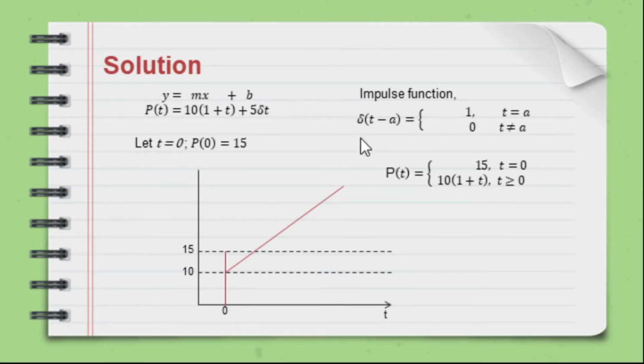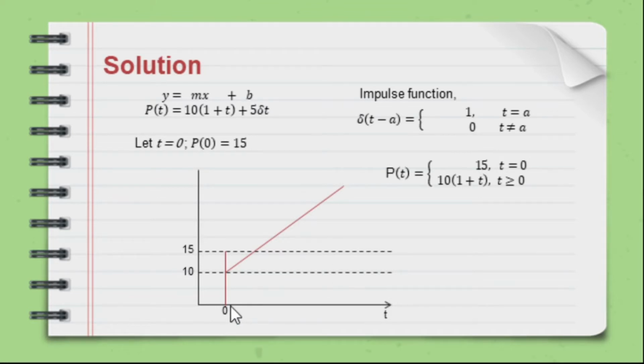And with the definition of the impulse function, delta of the quantity t minus a is equal to 1 if t is equal to a, and 0 if t is not equal to a. So, if we let t equal 0, substituting it in this equation, we have P of 0 equal to 15. That's why we have 0 to